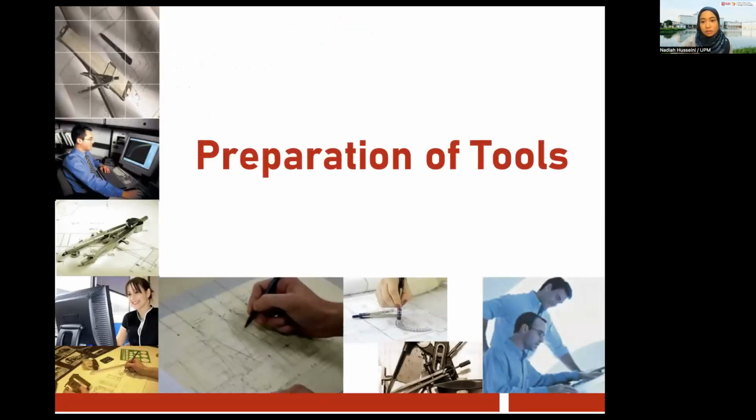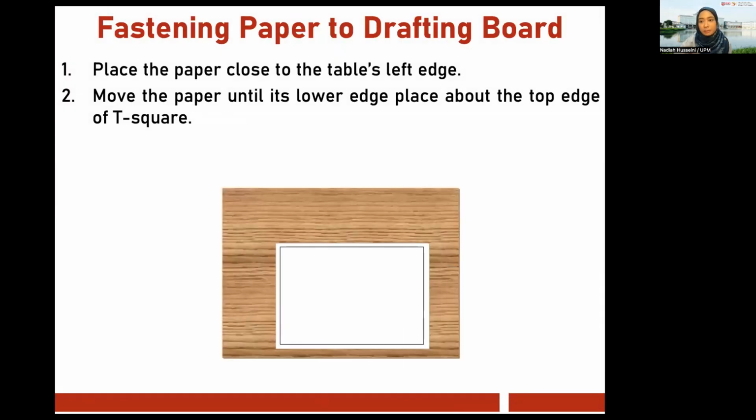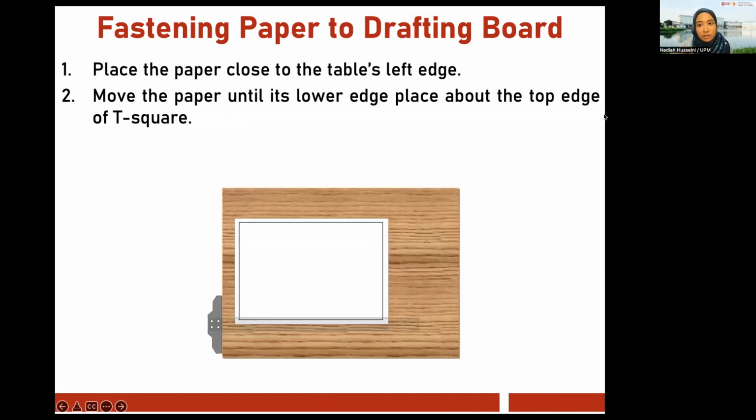All right, so preparation of tools. What tools do we need? So fastening the paper, oh my God, sorry. Fastening paper to drafting board. So the brown thing over here is called the drafting board, and place the paper close to the table's left